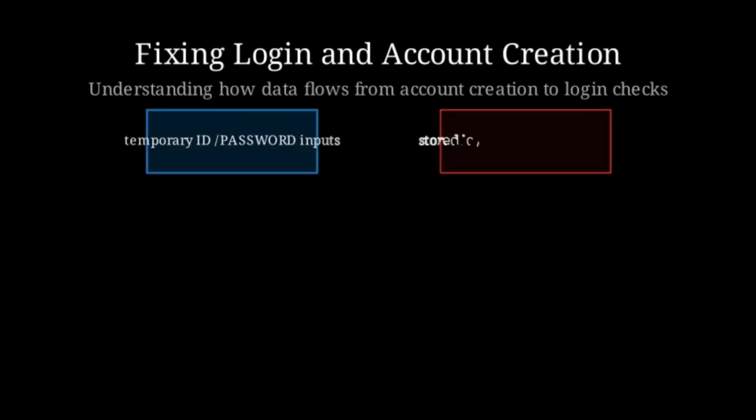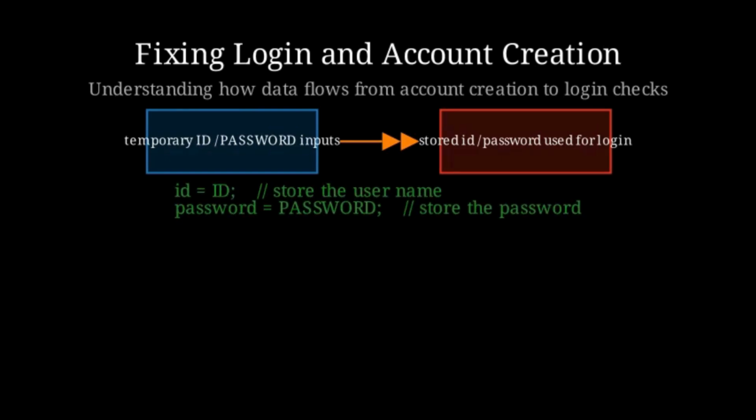In the account creation process, you read the new user ID and password into temporary variables. However, the stored credentials that login checks against are kept in ID and password. If you never copy the temporary values into the stored variables, ID and password remain the default question marks, so login can never succeed. When you create a new account, you must explicitly assign those temporary inputs to the class